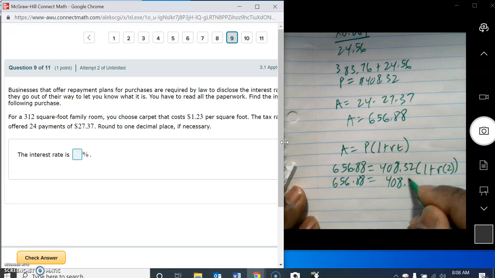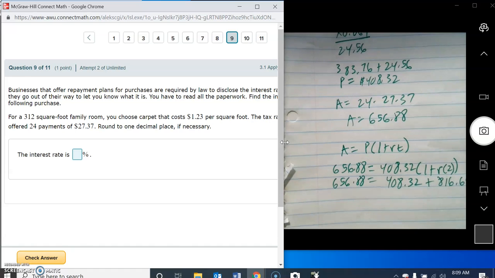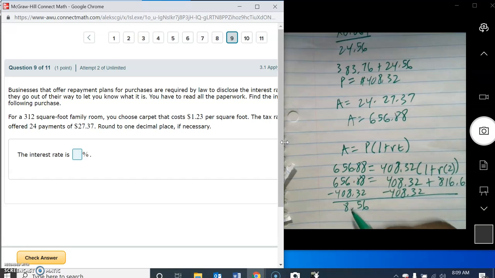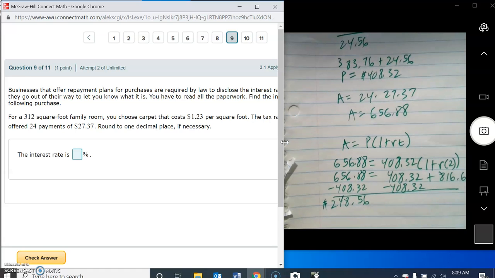So we have $408.32 times 1, plus this is R times 2, so we'll take 2 times this here, which would be $816.64 times R. Now we will subtract $408.32. So this will give us $248.56